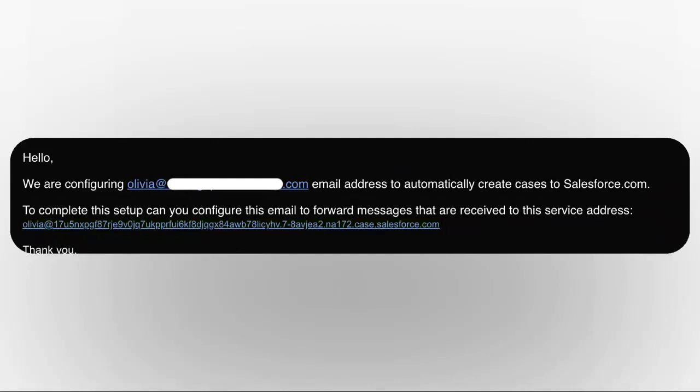New cases coming in, being auto-assigned to the right queues, the right support people having access to those queues, and then those cases escalating if they're not taken care of in the right amount of time. You've got yourself a really nice support process for your inbound email to case. Now,